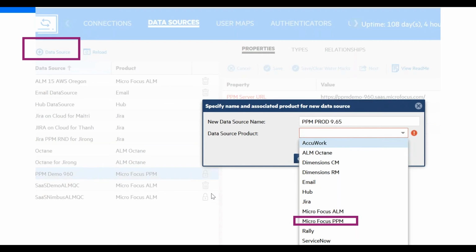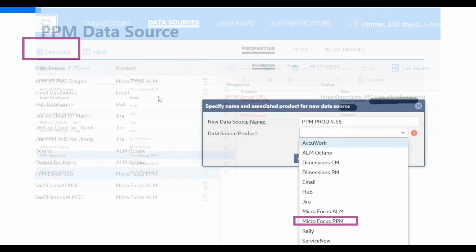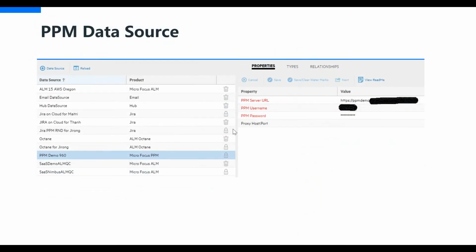Once you do that, it asks you to provide the properties for that particular product. For example, I'm selecting PPM. I'm creating a data source for PPM instance, a 9.60 instance.